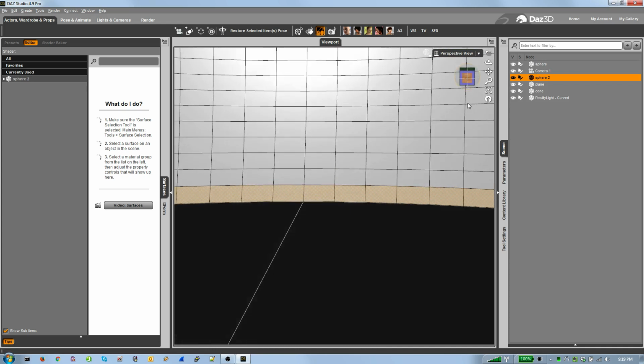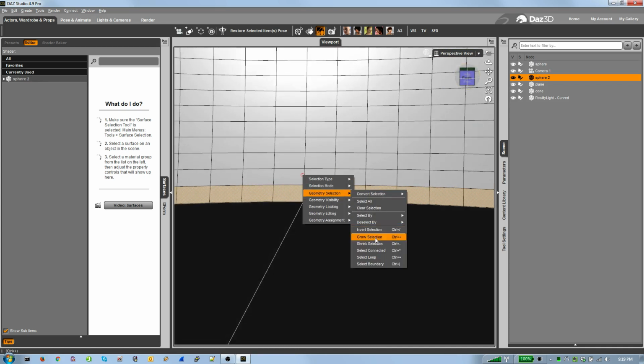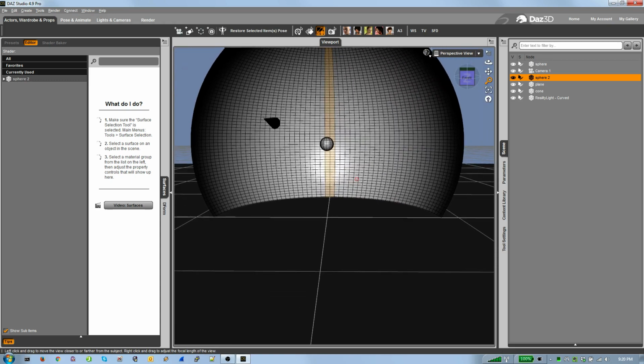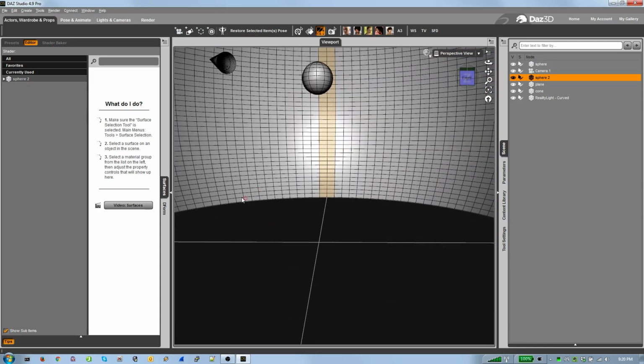But if I do select connected, it's going to pick everything because the mesh is all unified or welded or whatever you want to think of it as. But this is kind of like select connected in one direction, and then here is select connected in another direction. So if you're trying to pick out a strip of stuff real quick,